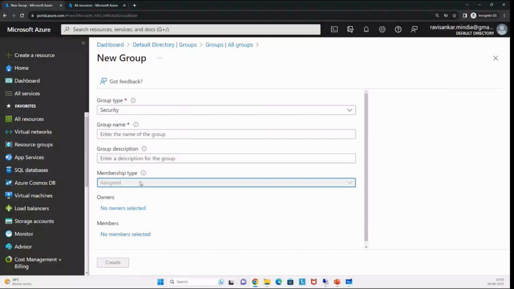Now how to create a dynamic group. Let me give you that procedure also on the chat window. Let me give those details also on the chat window. Let me try to consolidate all these details in a PDF document and I'll be sharing it in